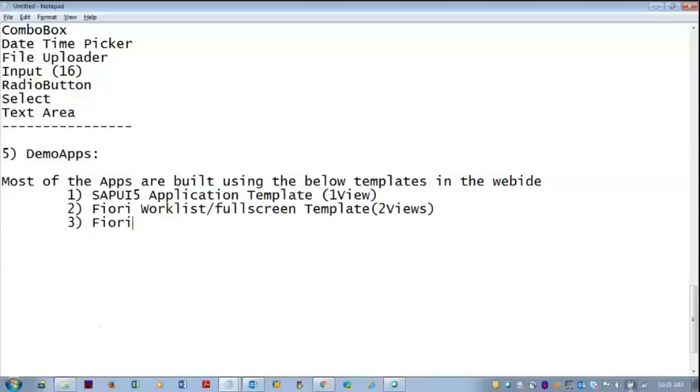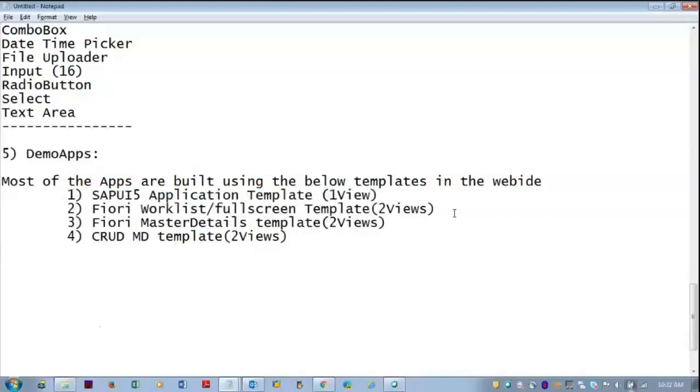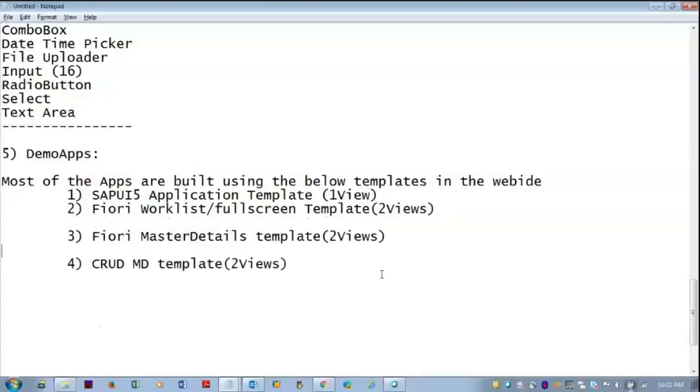Next, Fiori master details template with 2 views, and one more is there, CRUD master details template with 2 views. Basically we will be using the first 2 in real-time applications. Third, based on the requirement we'll use. Fourth, we won't use basically.